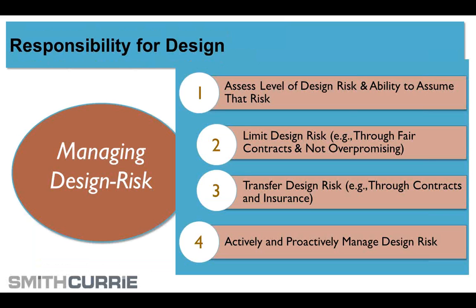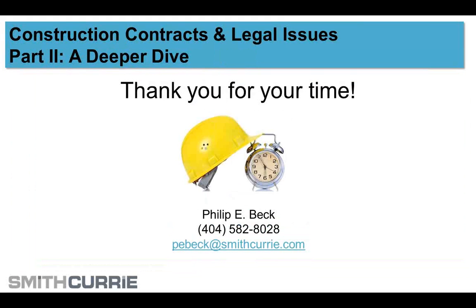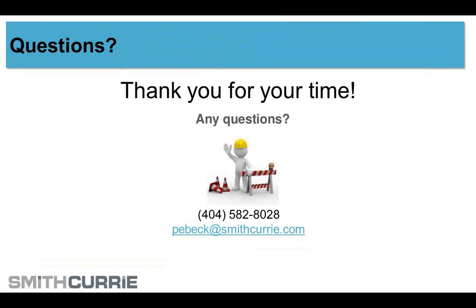So be careful who you contract with. Make sure they're adequately insured. Provide your insurance. But again, insurance is not a panacea either. It's one way of managing risk, but not the only way. And you need to do all those things. So with that, I'm going to